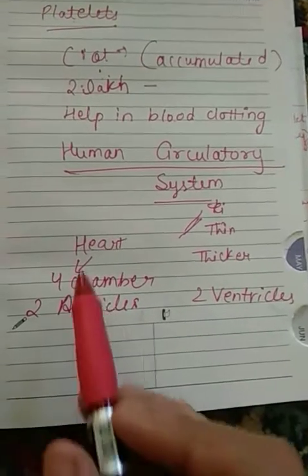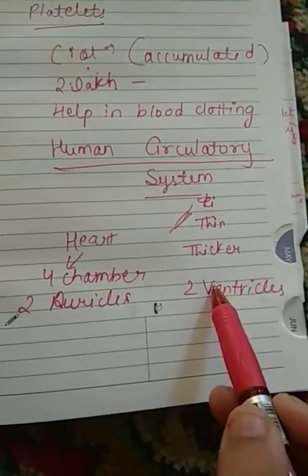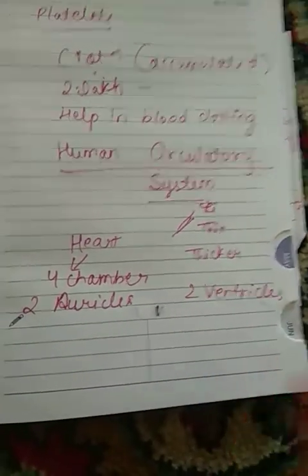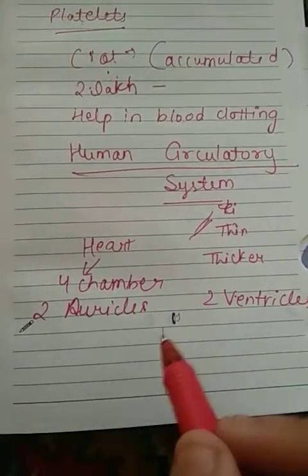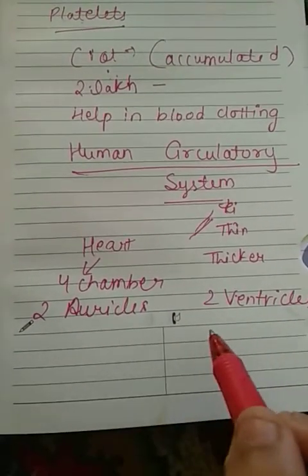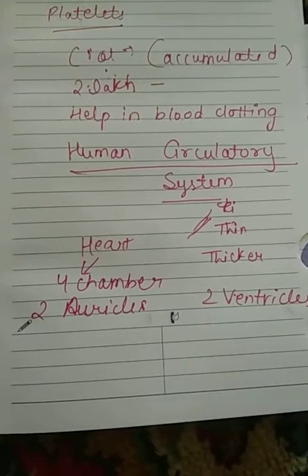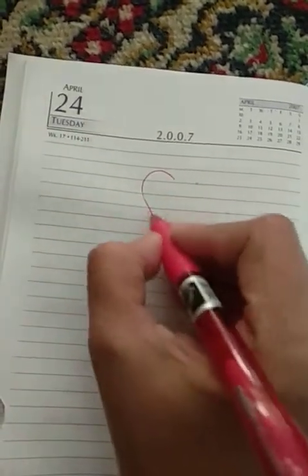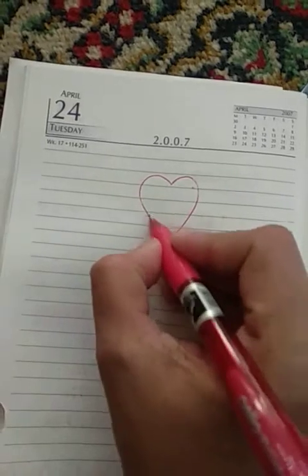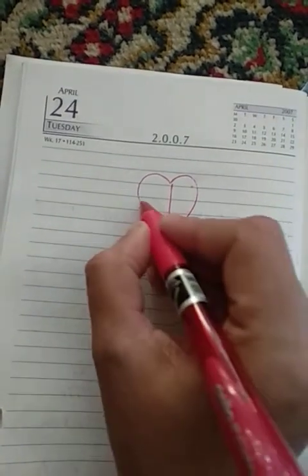Okay, left auricle, left ventricle, right ventricle. So please concentrate on this part, because understanding the working of the heart is very important to understand the circulatory system. Roughly, you consider the heart, it is divided into 4 parts. Roughly I am making it. So it is divided into 4 chambers.